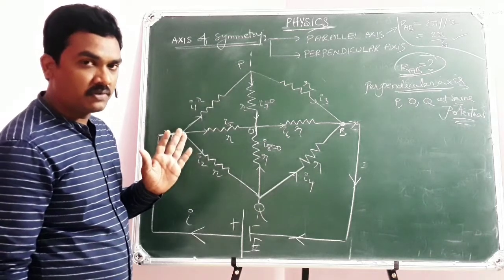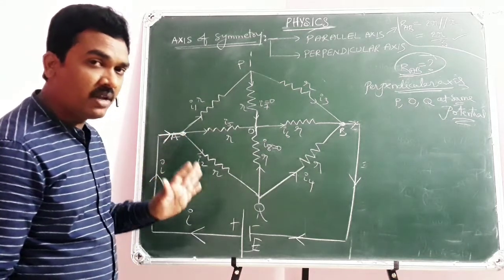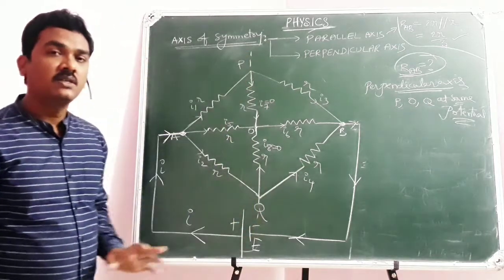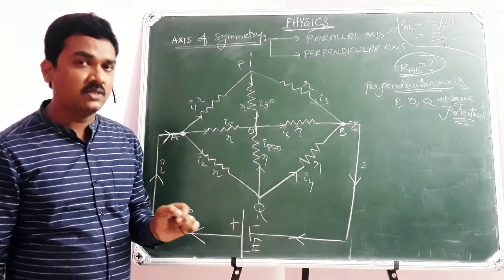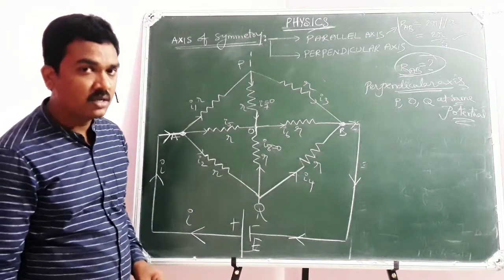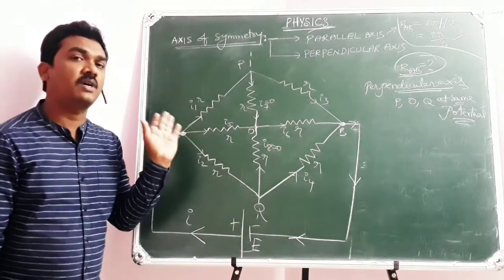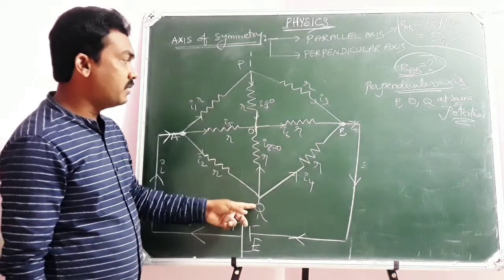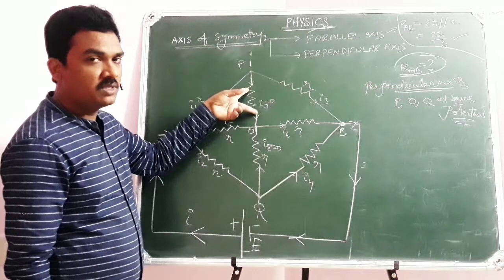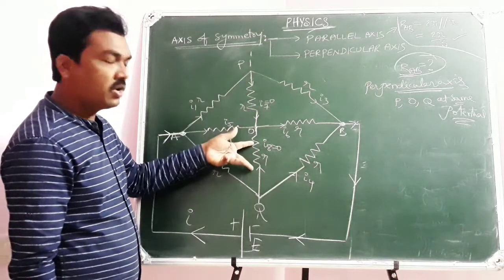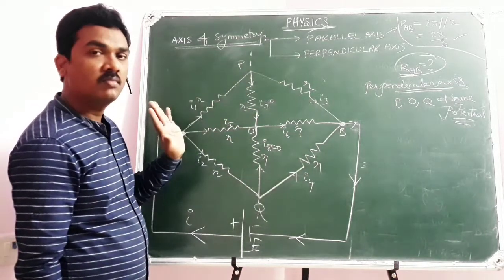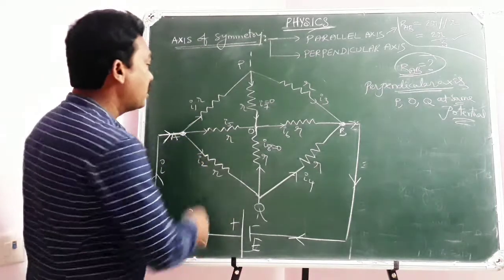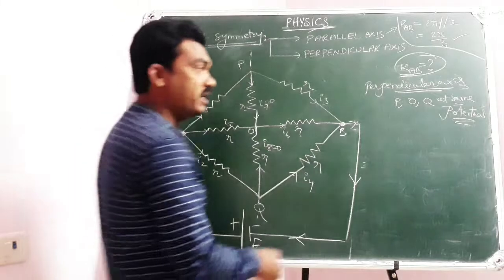According to the perpendicular axis of symmetry, your circuit will have a mirror image. Yes, your circuit has symmetry about the perpendicular axis. Then all the points on the perpendicular axis will be at the same potential. Remember that. Of course, the directions of current will not have mirror images. Next point. As P, O, Q are at the same potential, PO is ineffective, means you can remove it, there is no use. OQ is ineffective, you can remove it, there is no use. And AP, AO, AQ are at the same potential.